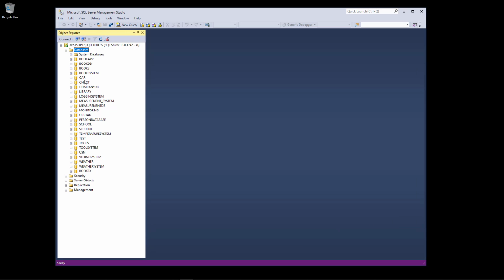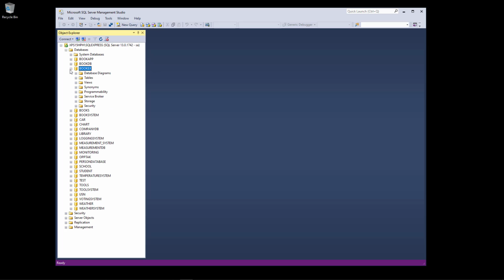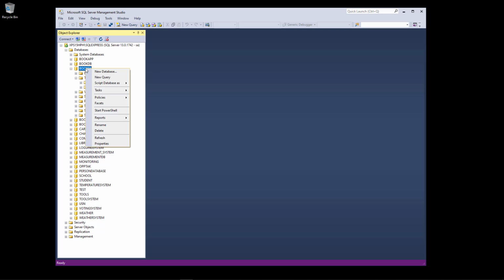And then this database should be generated here on the left side. I just click refresh, and then you see this book X has been created. Here you have the tables, which is so far empty. And then I can just right click on my book X, and then here in the menu select new query,